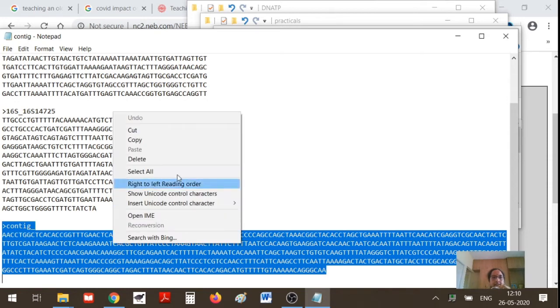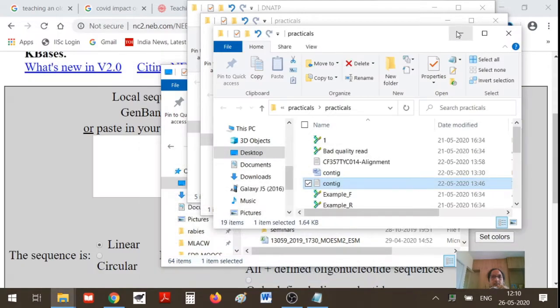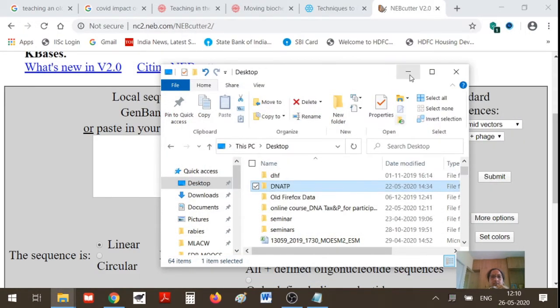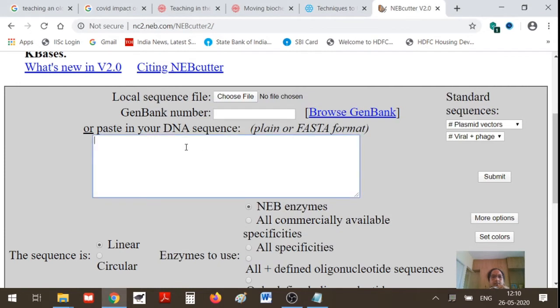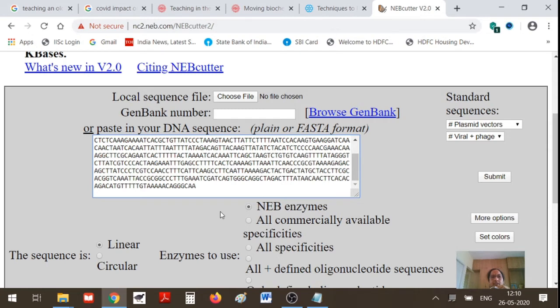I have selected this sequence from a text file. I have already downloaded and stored it. So, I have just selected that sequence and I am going to paste it in this box. This box will accept both plain and FASTA format. What I have pasted here is in the plain format.